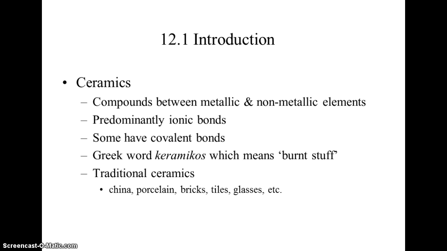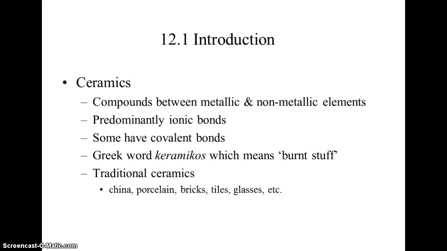Okay, so what are ceramics? We're talking about compounds whose properties fall somewhere in between metallic and non-metallic elements. And the key word there, compounds. So we have bonds. Our compounds need bonds to be compounds, and the predominant bonds here are ionic. Sometimes there are covalent bonds as well. And the traditional ceramics include china, porcelain, bricks, tiles, glass, and so on. And as we indicated earlier, you should have looked at some of the more modern uses of ceramics based on